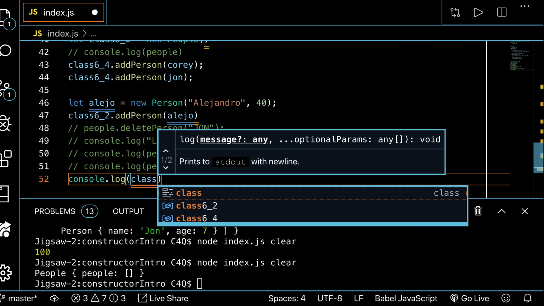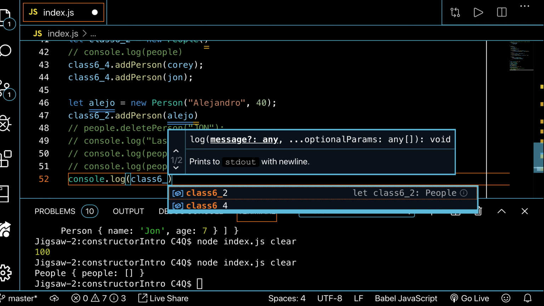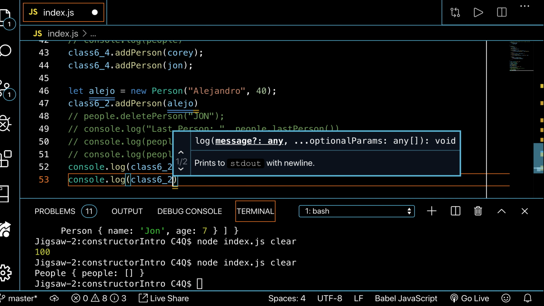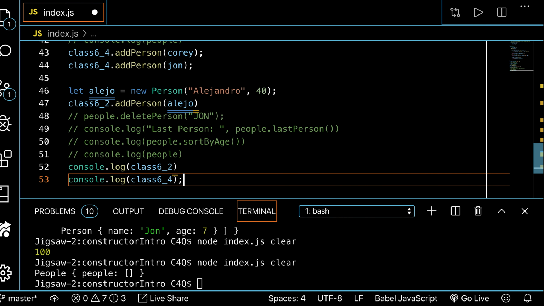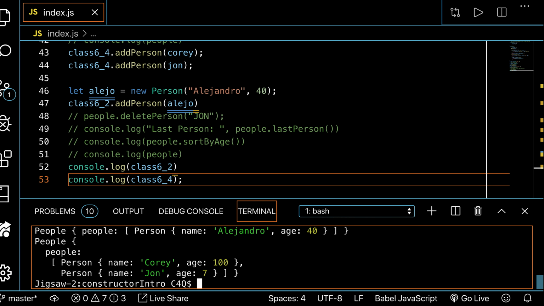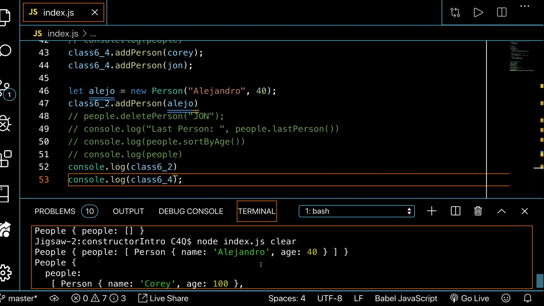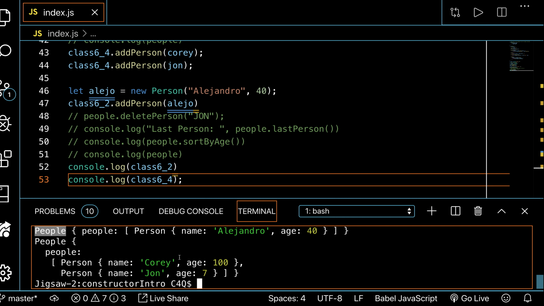class 6-2 and 6-4. So now we'll print these as two separate things. So we have one instance of people that has Alejandro on it, and we have another instance of people that has Corey and John. So what would be a reason